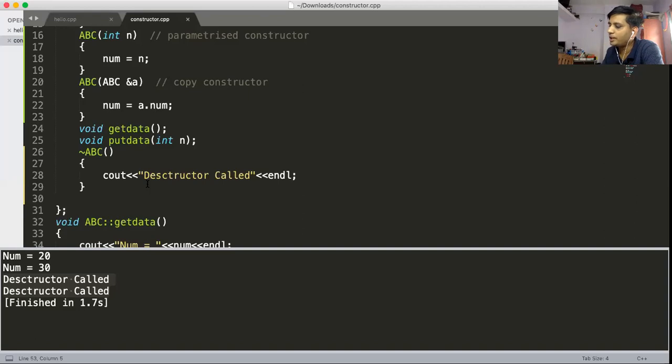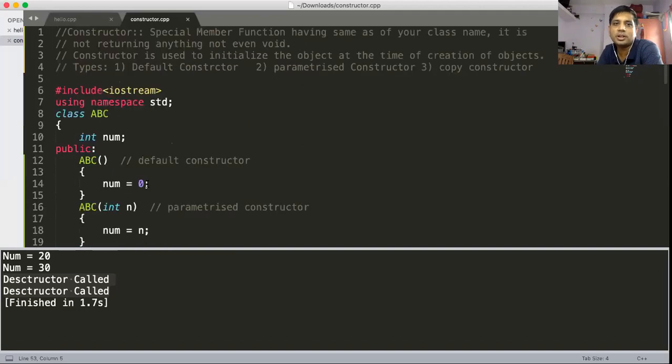Okay, so today we have taken two topics, constructor and destructor. Just to revise, a constructor is a special member function having the same name as your class name, which does not return anything, not even void. A constructor is used to initialize the object at the time of creation. There are three types: default constructor, parameterized constructor, and copy constructor.